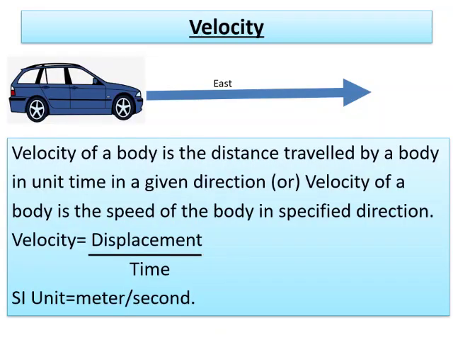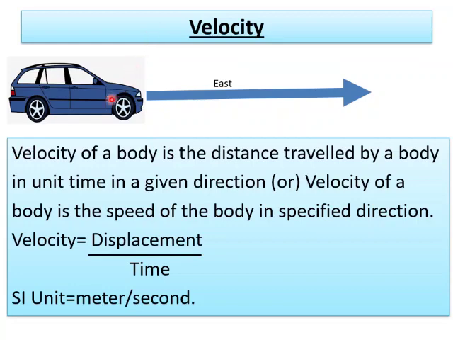Rate of motion of a body gives us the speed. Speed means distance covered by time taken. Whereas we have no information about the direction of motion of the body in speed. But the rate of motion of a body will be more specified when the direction is mentioned along with its speed. So the quantity that specifies both the rate of motion and the direction of rate of motion is velocity.